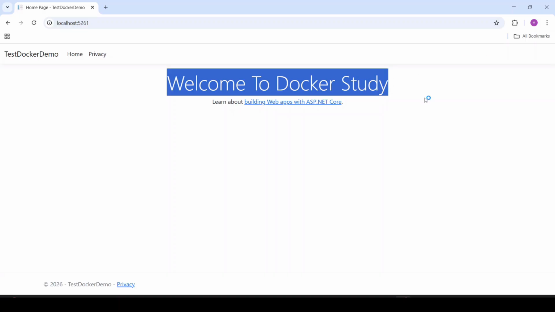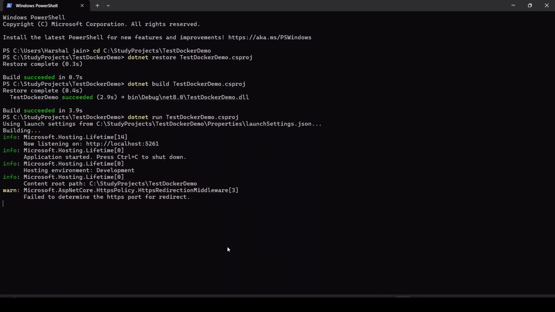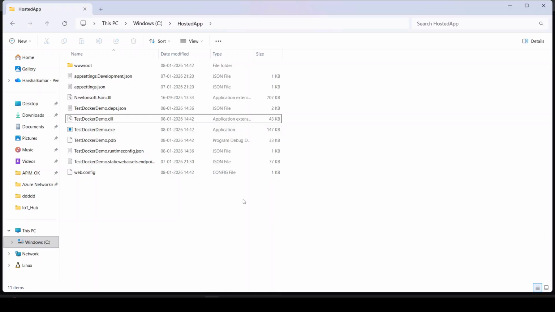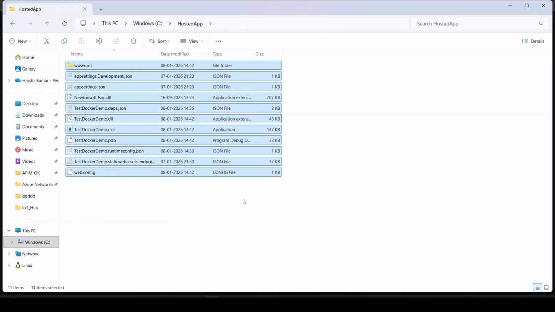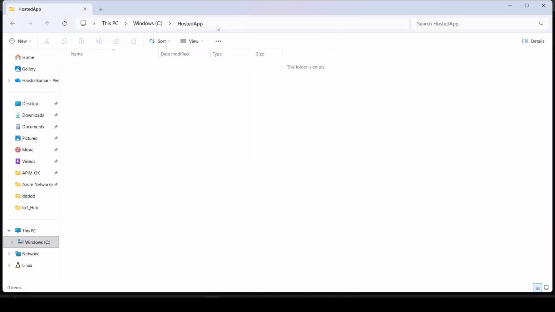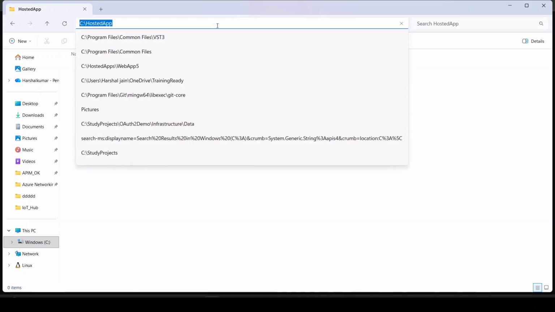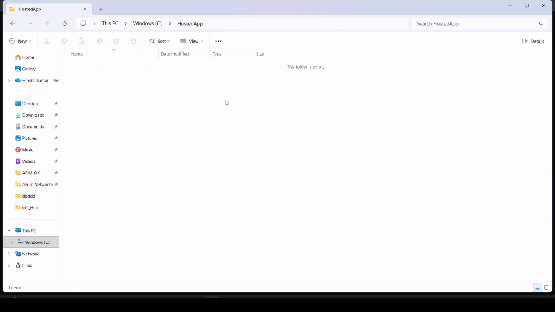But now we want to publish and host it on a production server, right? So let's just close this. Here I will press Ctrl C. Now guys, in our previous video, we published our application from Visual Studio, right? So let's just delete all those files. So I will simply say Ctrl A and I will say delete. And let's just copy this path, that is the path where we want to publish our application. So I will say copy,